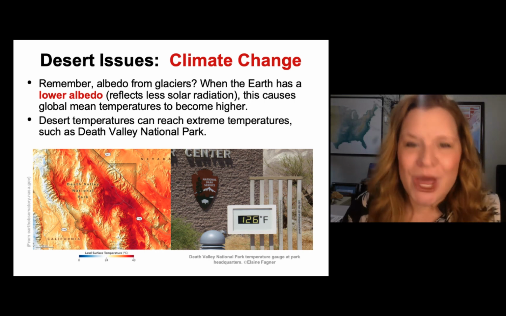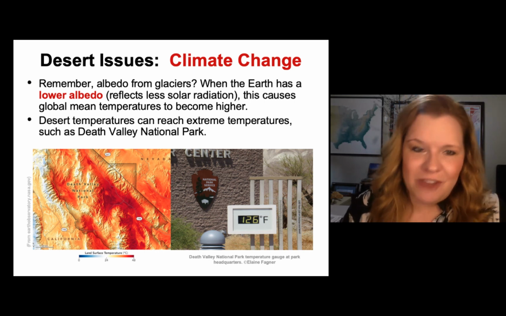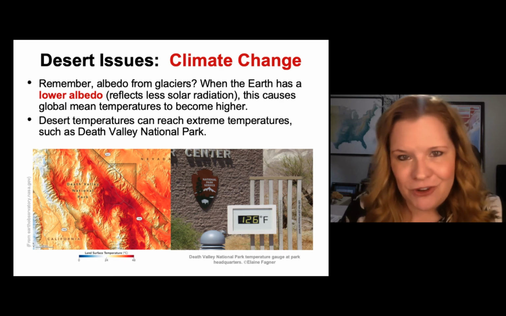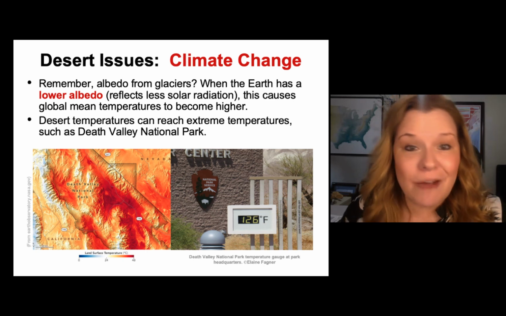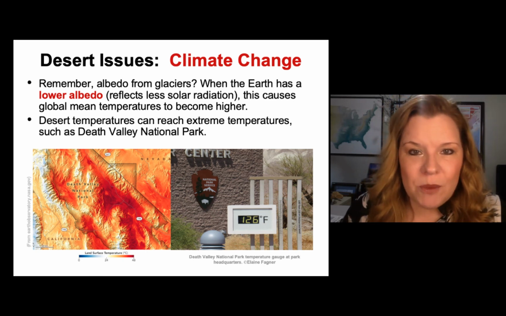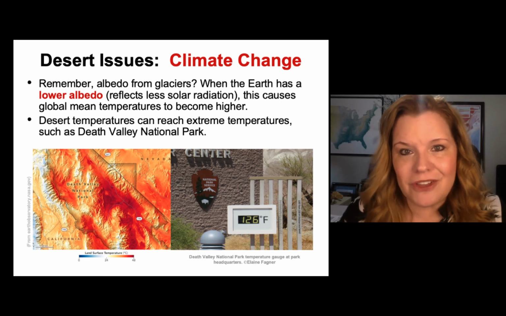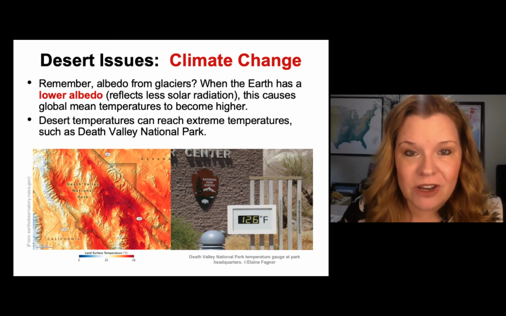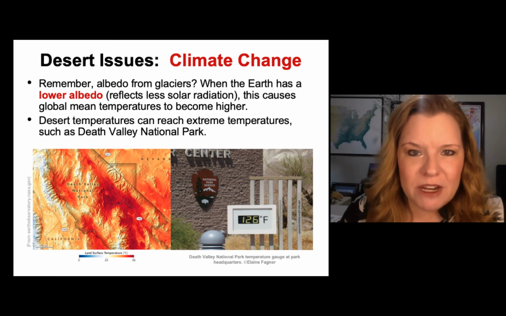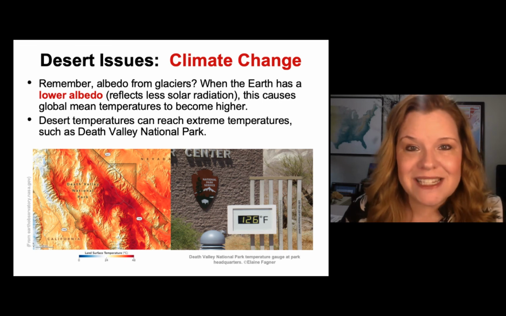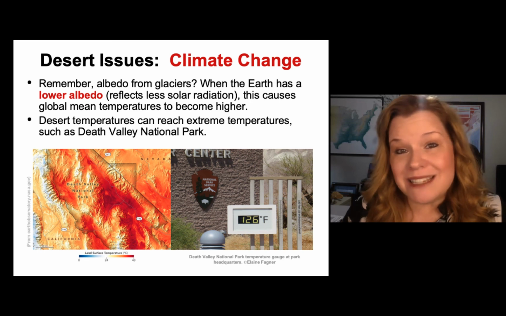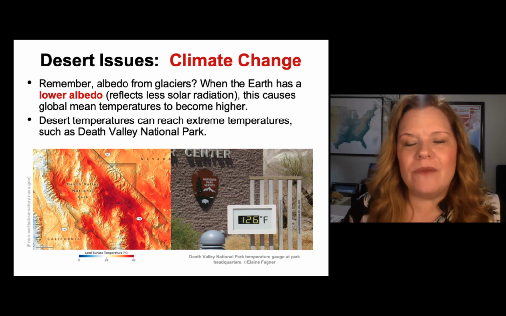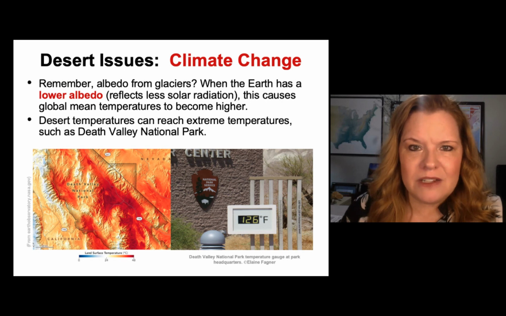The most probably important topic to talk about with deserts is climate change. And by now you've heard a lot of climate change information. So I'll link back to what you learned about in glaciers and say that albedo of the earth is that reflectivity. The warmer the surface temperatures get on the earth itself on land, the lower the albedo gets, which means we absorb more heat. And as more heat is absorbed, places like Death Valley or any of these deserts, it becomes exaggerated. And we can get extreme temperature conditions.